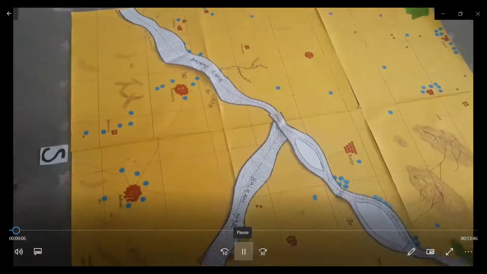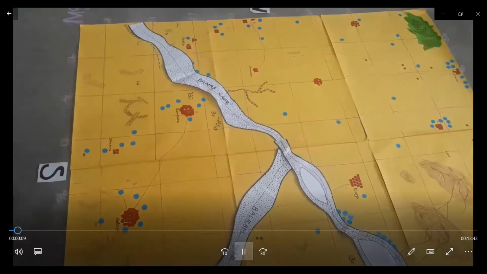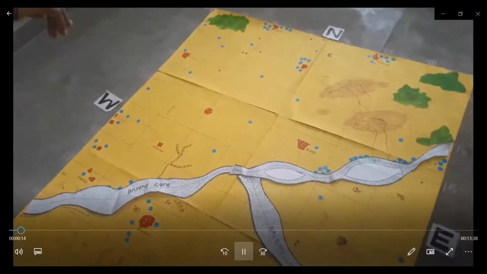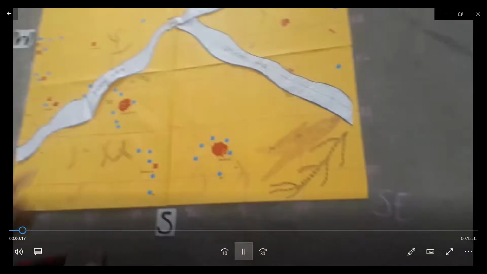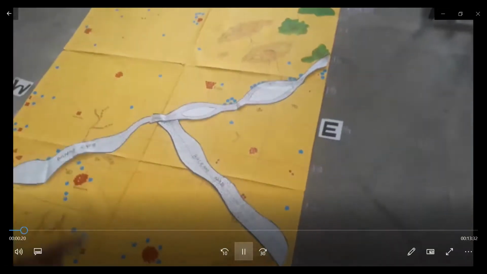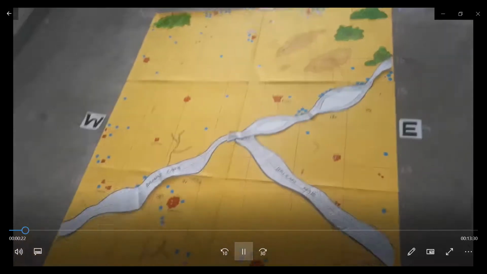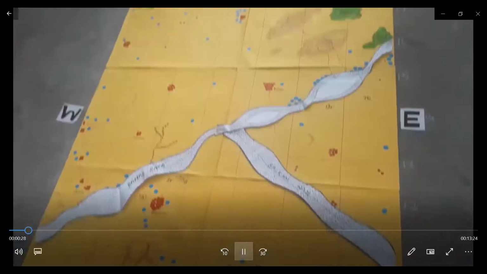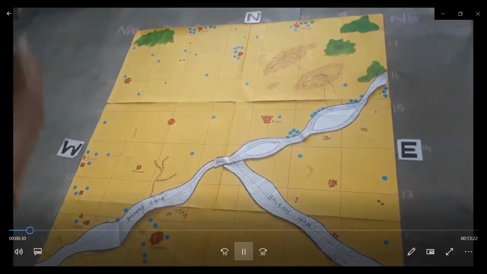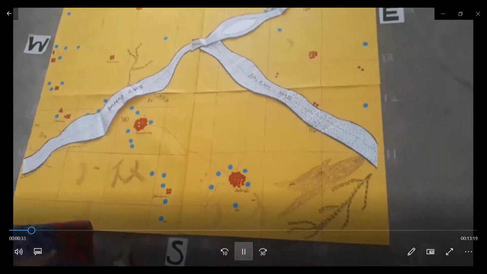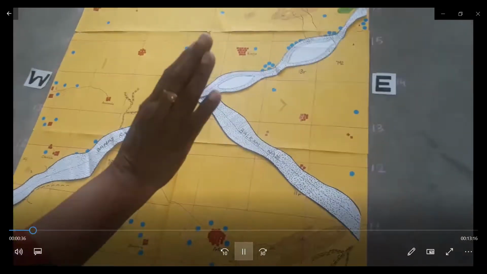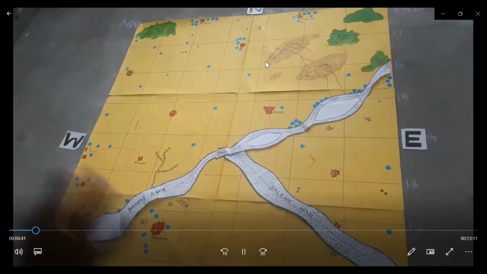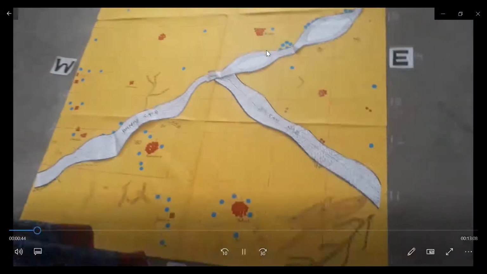Okay, children, so today I'm going to teach you about directions. Now you can see I have already labeled it as north, south, right hand side is east, left hand side is west. Suppose you are facing the map, that means you are looking at the map, your head, the upper part, will be north, your foot will be south, your right hand is the east, and your left hand is the west. So usually students confuse directions, so I thought I should teach you all this.